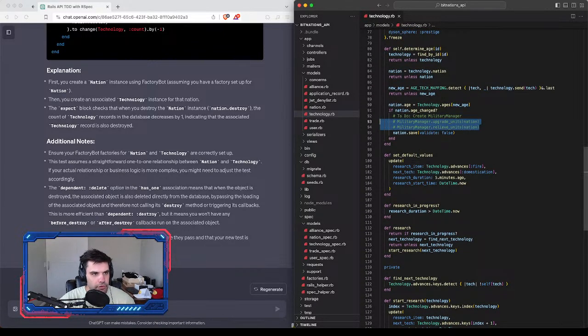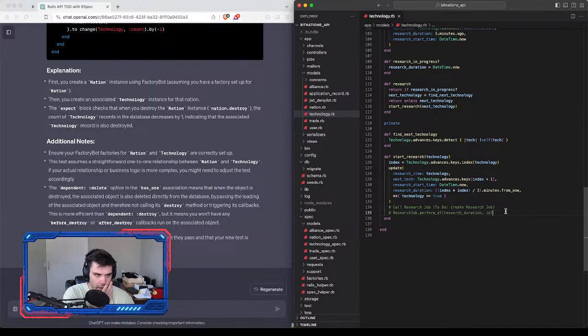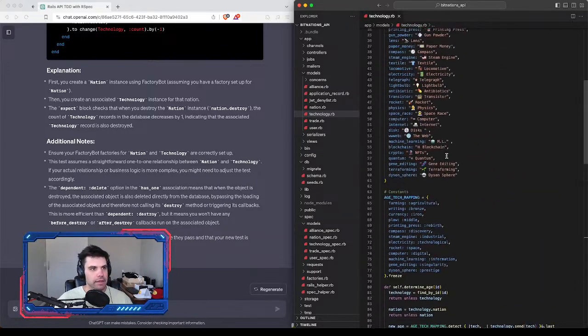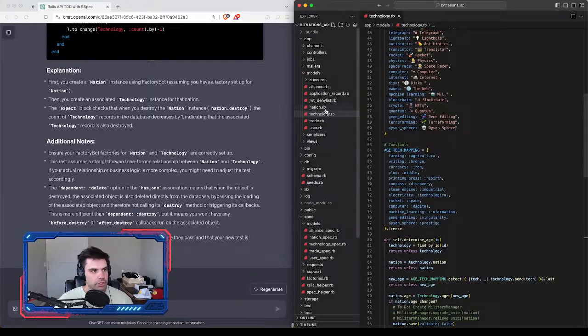It would not make sense to do this next because military manager is related to military, is related to a whole bunch of other stuff, and there's a very big chance that I'm going to completely rewrite the whole military stuff. So maybe the next step would be, let's get our background jobs done. We could do that next and test for that next. That's one option. Or we can continue to just port over models one by one from the old app and just test them. Like, for example, next we could do economy,